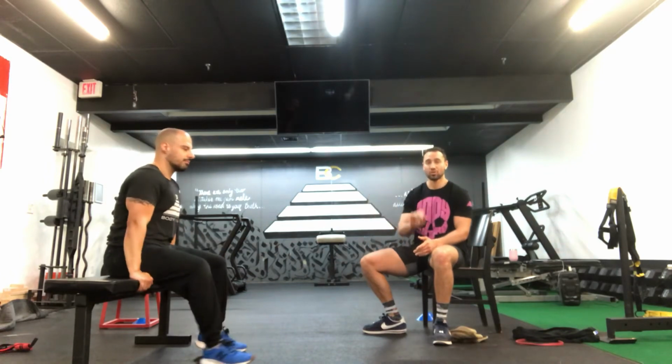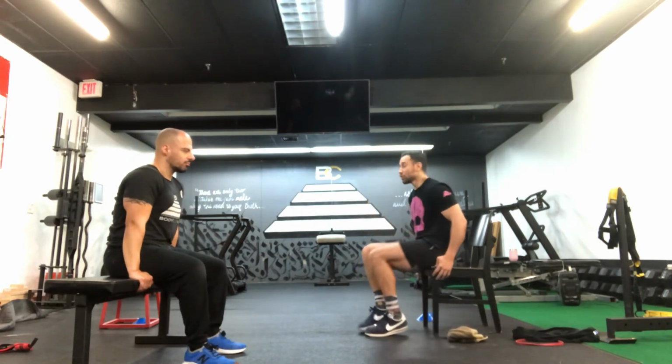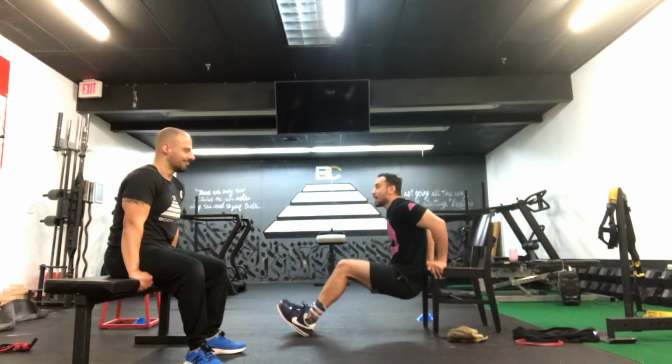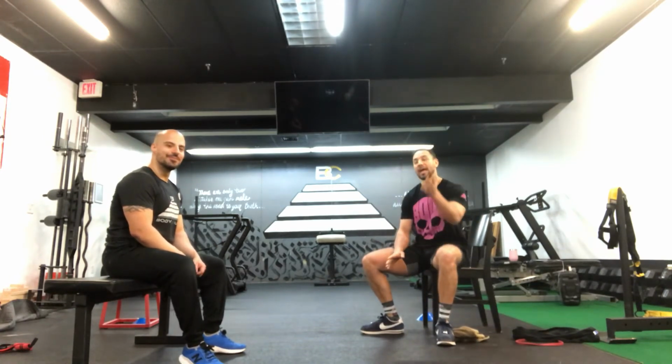George can apply those same exact strategies in the deeper version. He could go slow on the way down and come up with control. This is one movement though, you do not want to have jerky motion where you're snapping around all over the place, okay? One, that's just stupid. Two, it's very unsafe. Anyway,